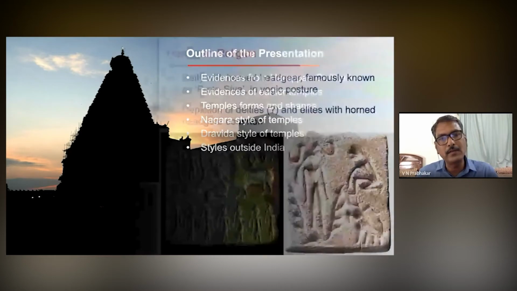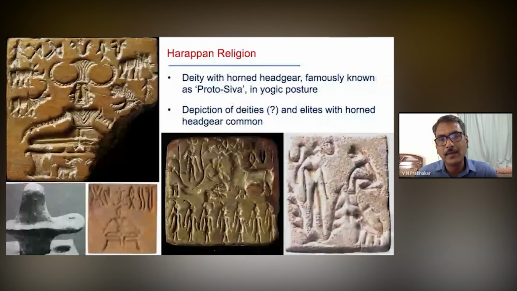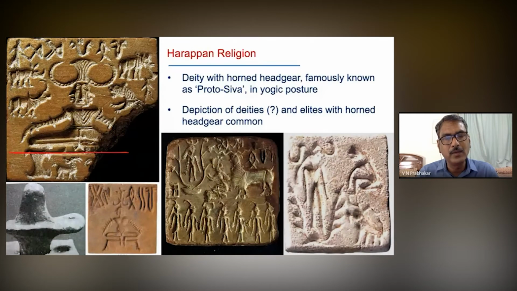So starting from the Harappan context, we have certain evidence indicating a mode of worship, maybe a divinity existing there, or some sacrifices happening. Like in the case of two important seals, both from Mohenjo-daro. This is considered to be one of the most famous yogic seals. It has been given the name Proto-Shiva by Sir John Marshall.